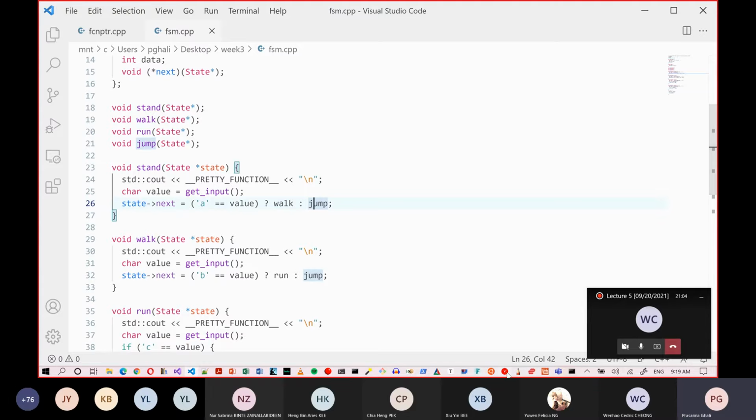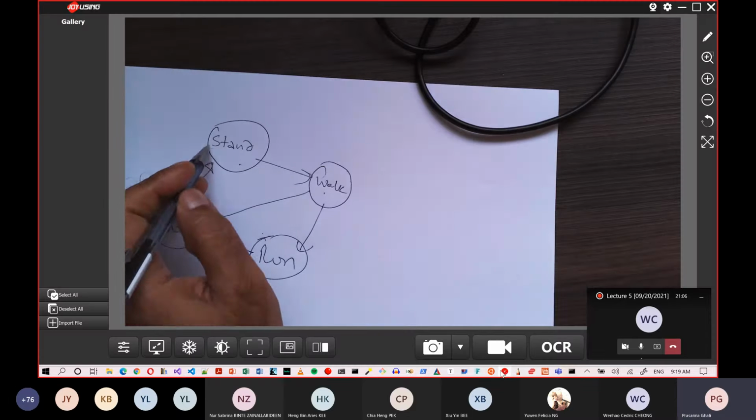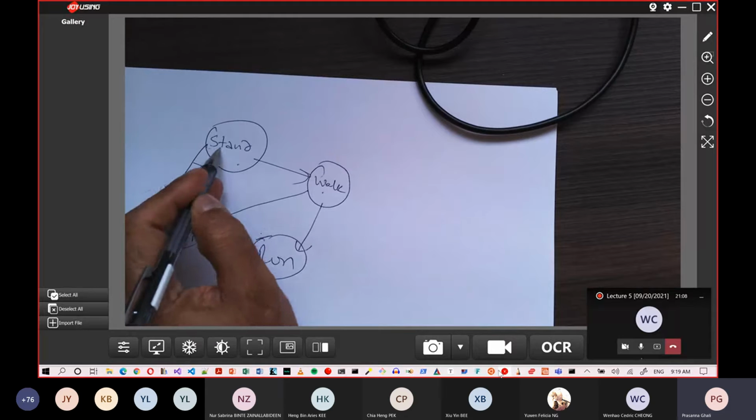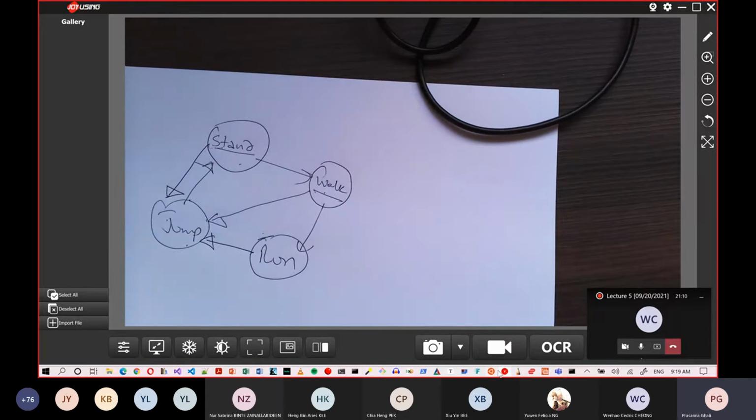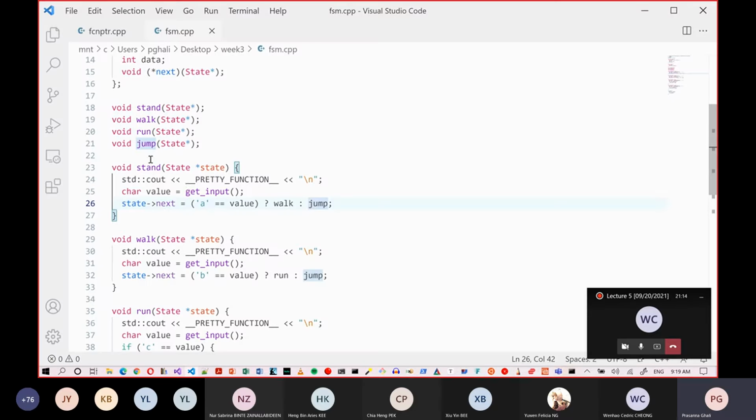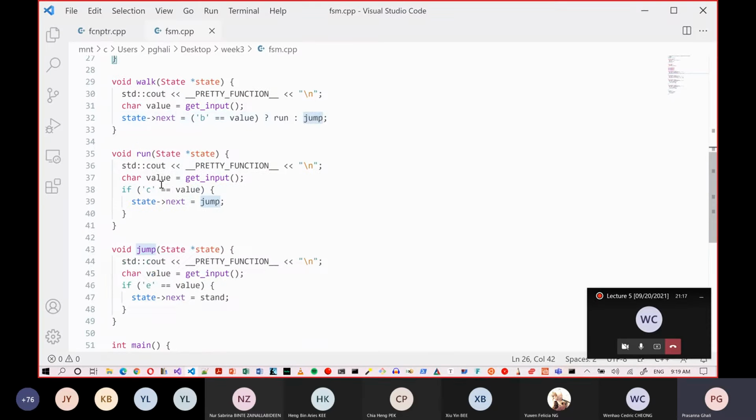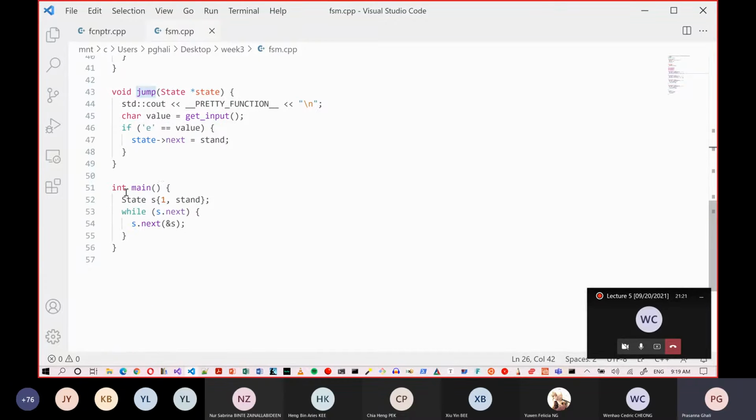So apparently when I'm standing, I can walk or I can jump. And it continues this way. So it's not important, but the basic idea is that you have all these states implemented, and then I initialize my state. I'm standing, and